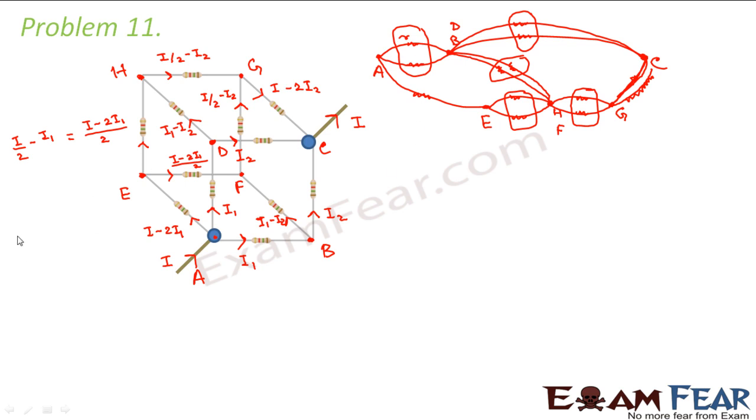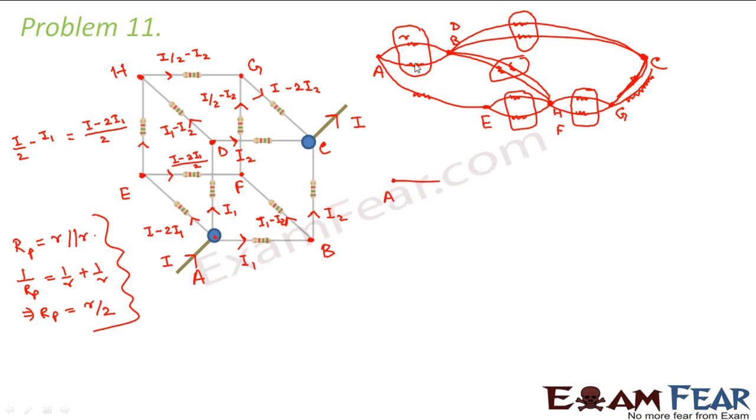So what will be the parallel resistance of, let us say, R is the parallel resistance of small r and r. So 1 by r parallel will be equal to 1 by r plus 1 by r. So r parallel is equal to r by 2. So that means the parallel combination of r and r will give r by 2. Right? So now we make this diagram simple.